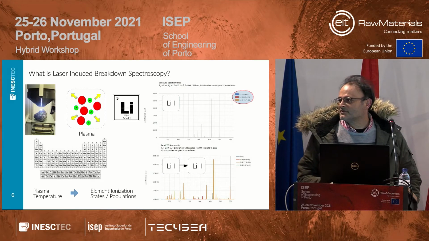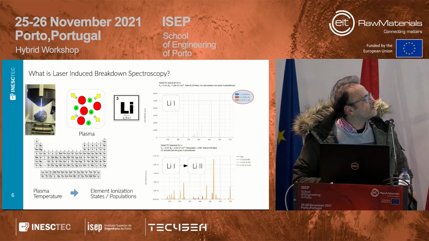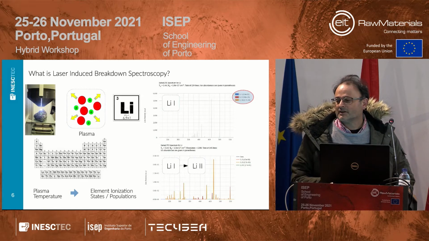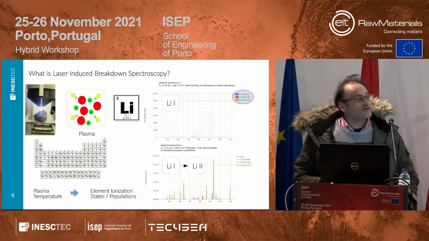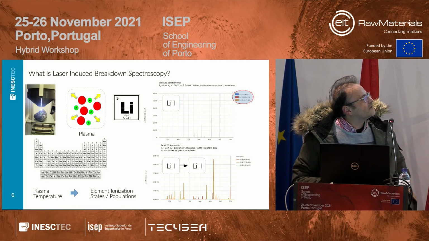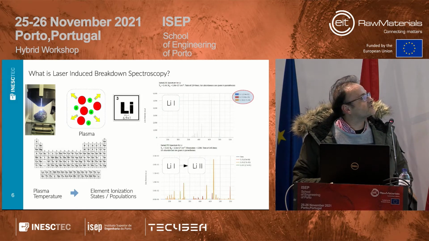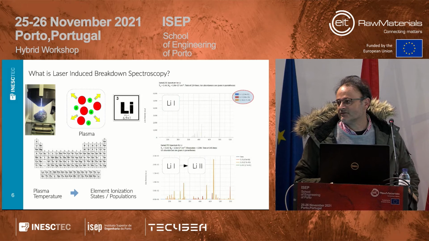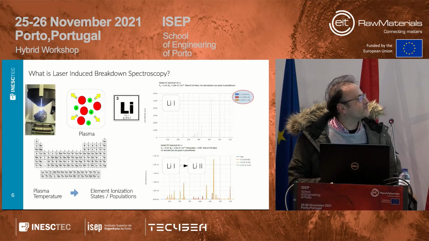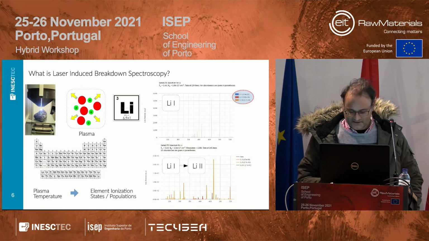If the temperature begins to increase a lot, you will begin to see not only the first excitation state, but the second excitation state. So depending on the temperature, there is not only one LIBS spectrum. The LIBS spectrum is a combination of all the excitation states for each element. So we begin here the complexity of this analysis.